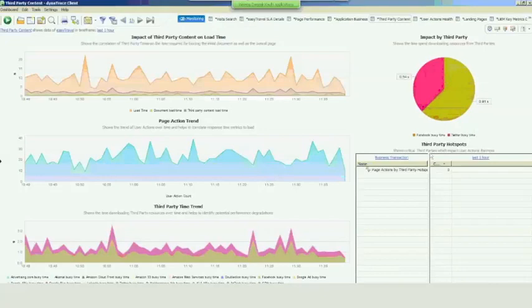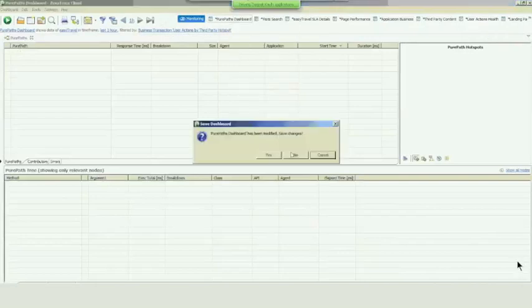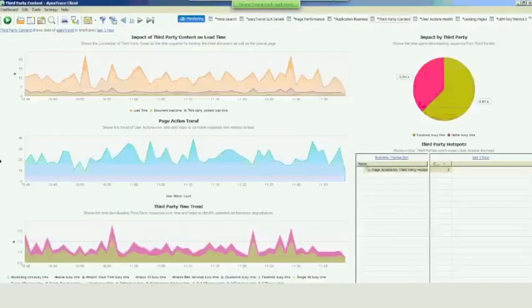But definitely, this is a very value add where you are using third-party content, to see in real time what are these actions which are happening. And then you can even from here drill down to those PurePaths to see if there are any PurePaths associated with it, to come down and look at where the problem has happened.